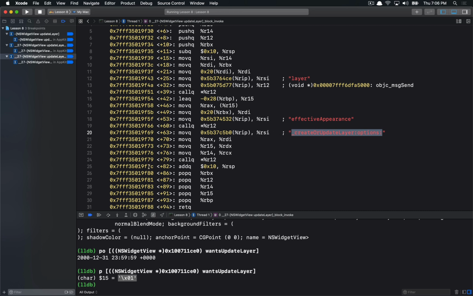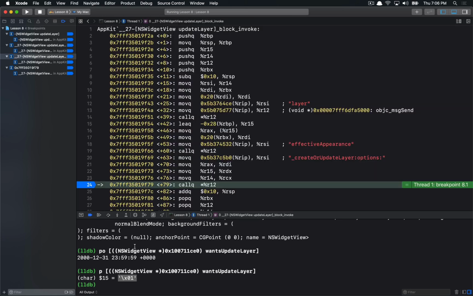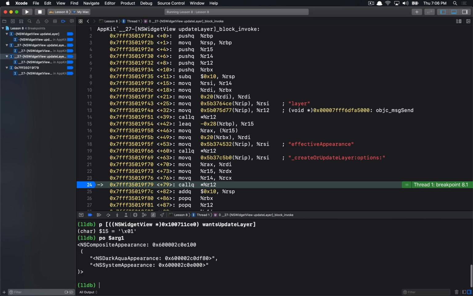So what I first want to do is put a breakpoint here, right before this call. I'm going to continue to this breakpoint. And what I want to do is find out who is going to get this call. We can see that if we pass in arg1, that's the receiver of this message. We are sending this to an NSComposite appearance. An NSComposite appearance has these different things in it. It doesn't really matter, but basically NSComposite appearance is a subclass of NSAppearance,